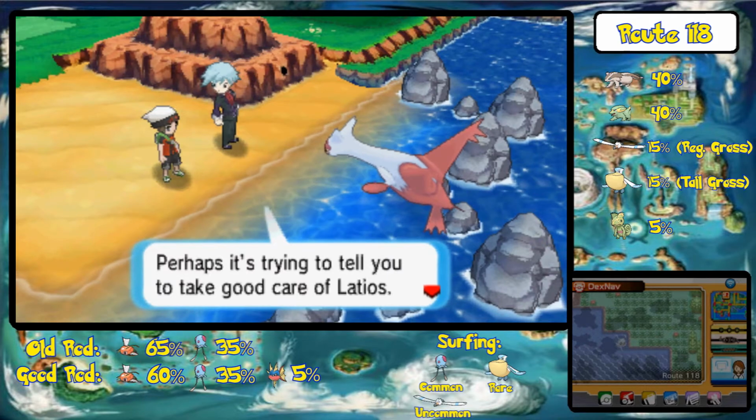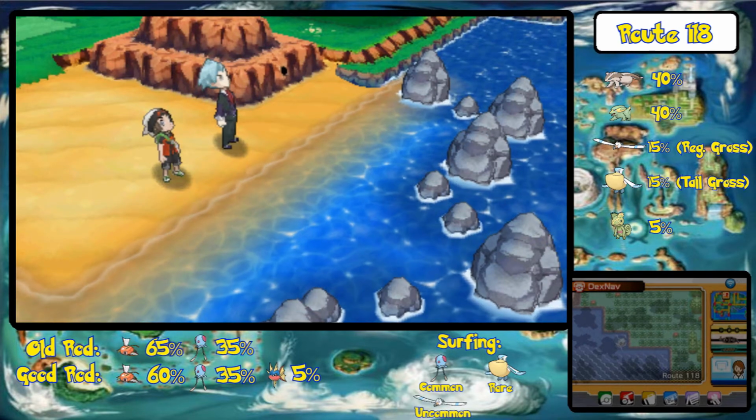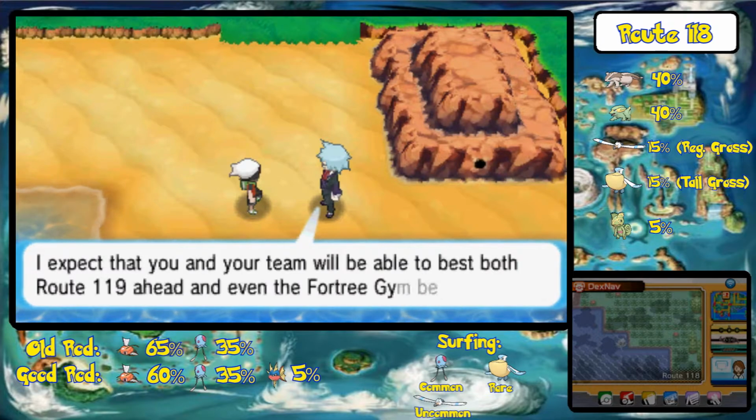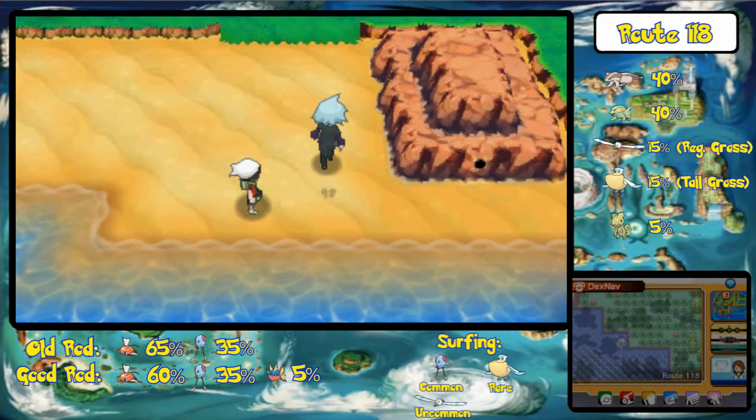Pref is trying to tell you to take good care of Latios. In the end, you are a far greater help than I expected you might be. I expect that you and your Pokemon will be able to best both Route 119 ahead and even the Fortree gym beyond that. I'll be curious to see how much stronger you might grow by the next time we meet. Until then, Emil,